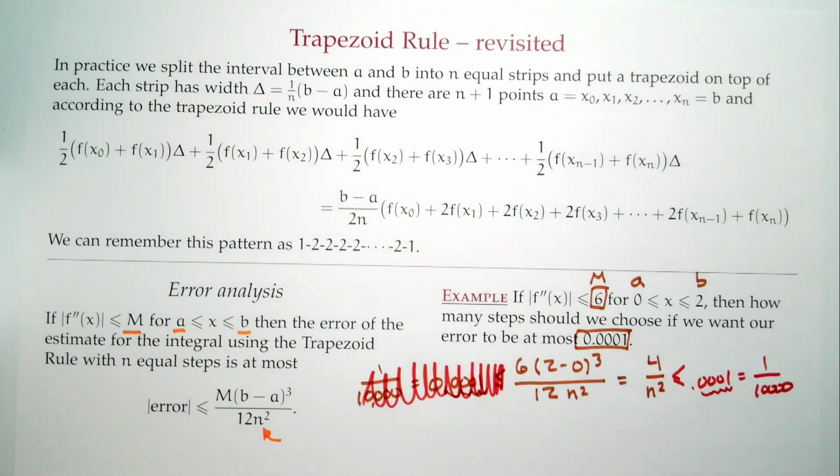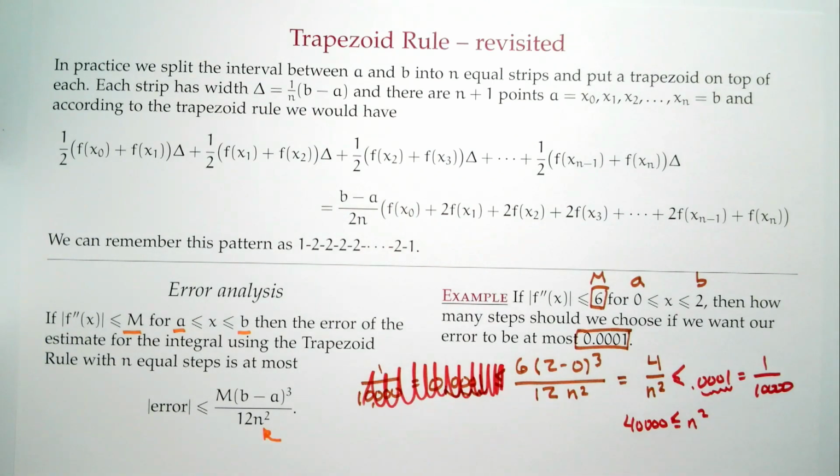Completely my fault. All right, so cross multiply, and you'll get 40,000 less than or equal to n squared. We can preserve the inequality. You always have to be a little bit careful when you're working with inequalities. If you multiply by a negative, make sure you switch the sign. If you flipped both sides, you'd also have to flip the sign. When you cross multiply, well, the numbers we cross multiplied by are 10,000 and n squared, and they're both positive numbers, so we're okay. All right, so we know that 40,000 is less than or equal to n squared, so